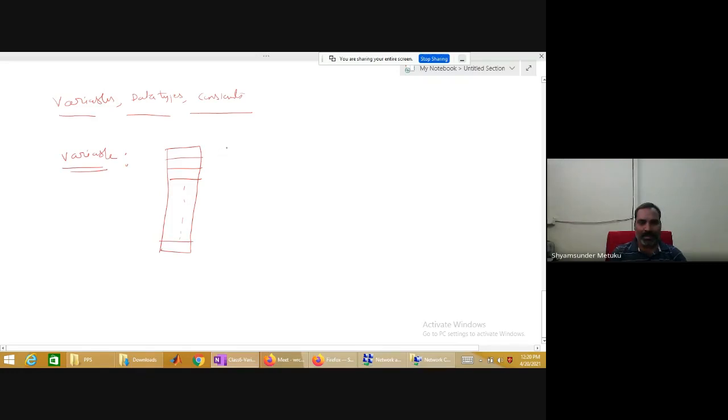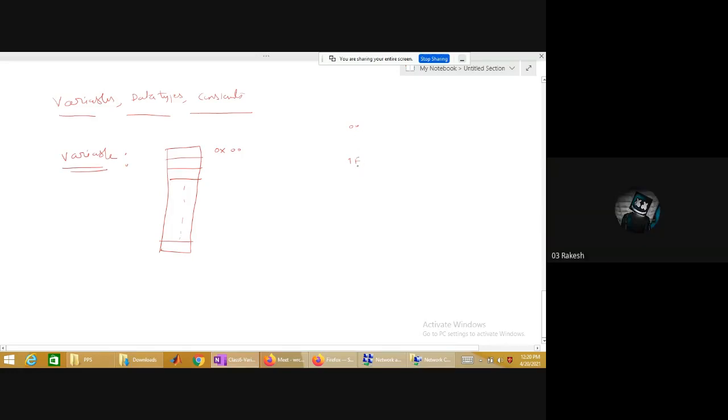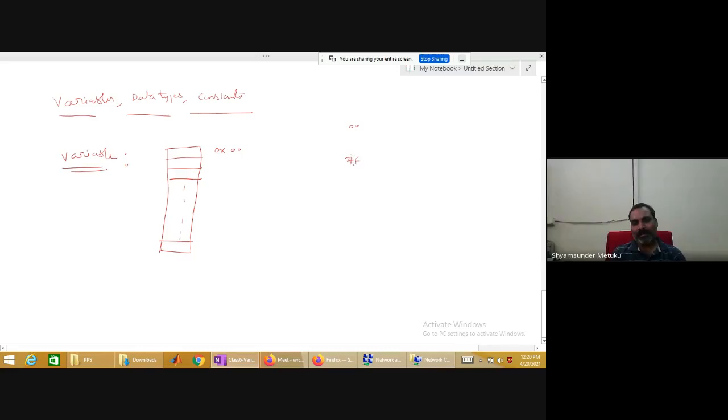To start representing any number in hexadecimal, we always start with 0x. 0x indicates hexadecimal representation. So maybe 0x00 means I'm trying to represent 128 locations. I think we have seen 00 to 1F: how many locations? 16. 7F? 128, sir. Yes, the maximum you can have is 7F or FF. 00 to FF, how many locations?